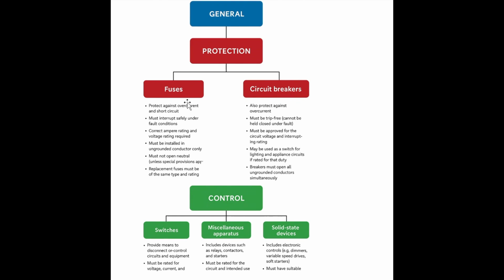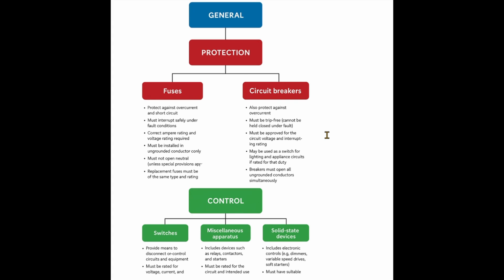Protection and control. It's all you hear when you first start in the electrical industry. What does it mean? Electrical protection and control. Well, the Canadian Electrical Code breaks down protection and control really simply in one section. It's called Section 14. The National Electrical Code does have protection and control over a bunch of different articles, over